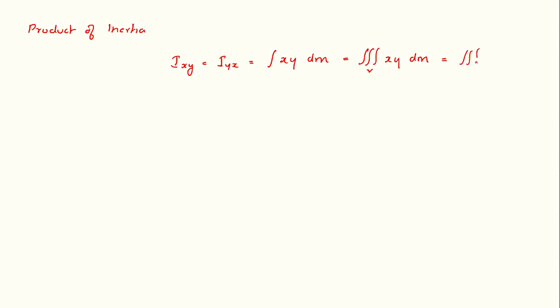Now besides this, you also have the product of inertia. The product of inertia is given as I xy, which is equal to I yx, which is equal to integral xy dm. Sometimes this is also given as integral xy into dm. Now if rho is constant, then I can represent this as